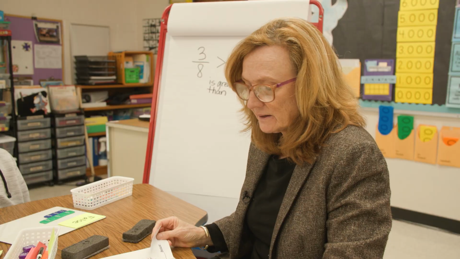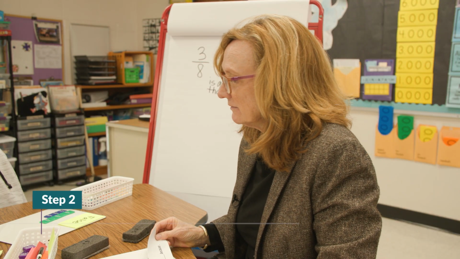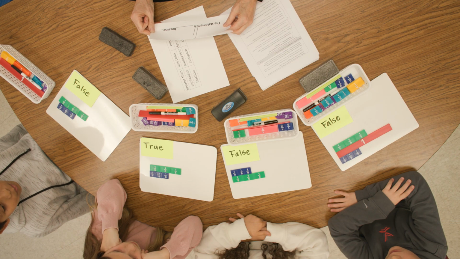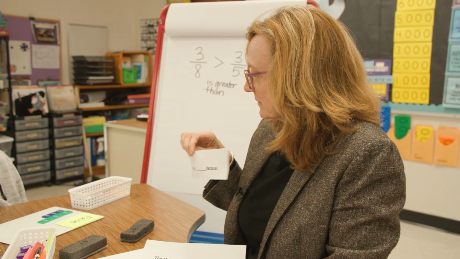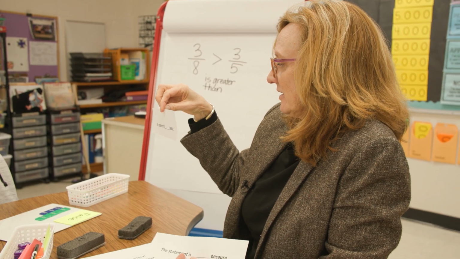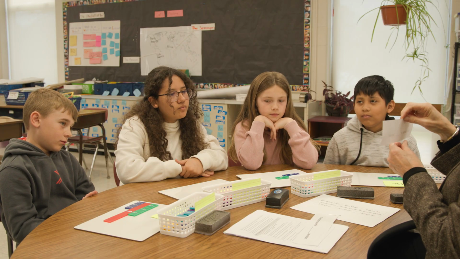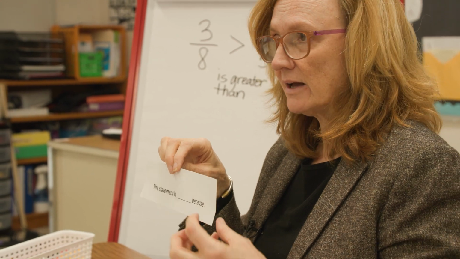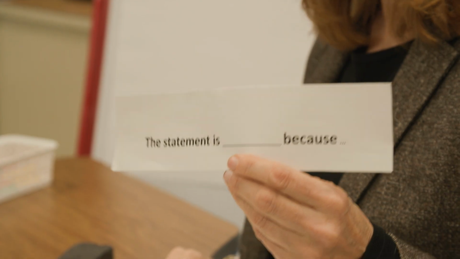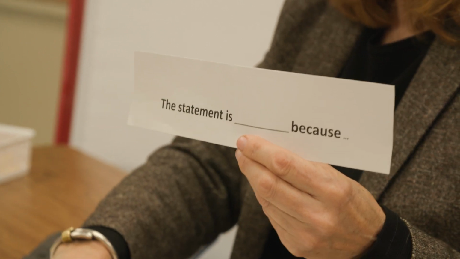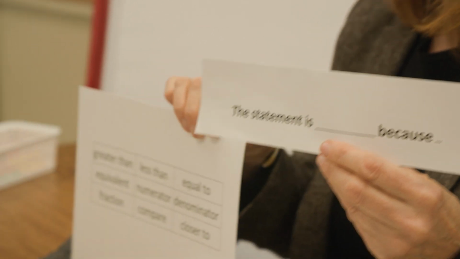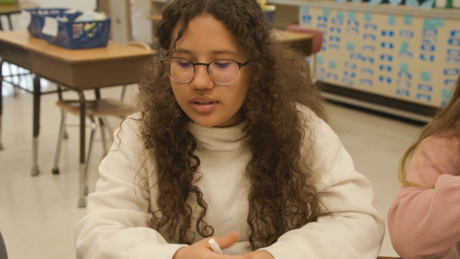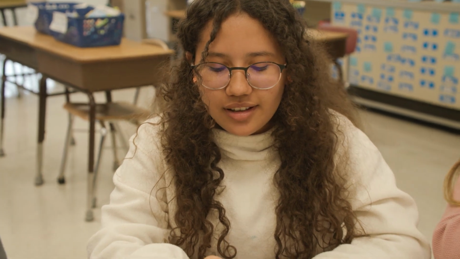Okay. Here is the next step of the activity. You're going to show and explain your thinking. You're going to use a sentence frame, and this sentence frame says, the statement is, you fill in the blank with true or false, and then say because, and you'll give your reasoning. When you use your reasoning, you're going to do your best to use some fraction vocabulary words, okay? I think the statement is false because